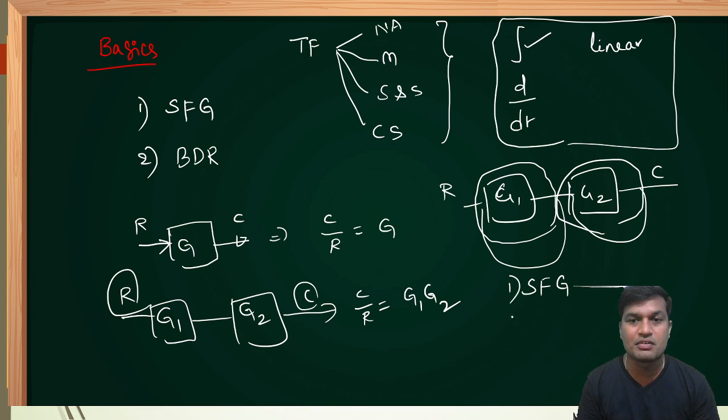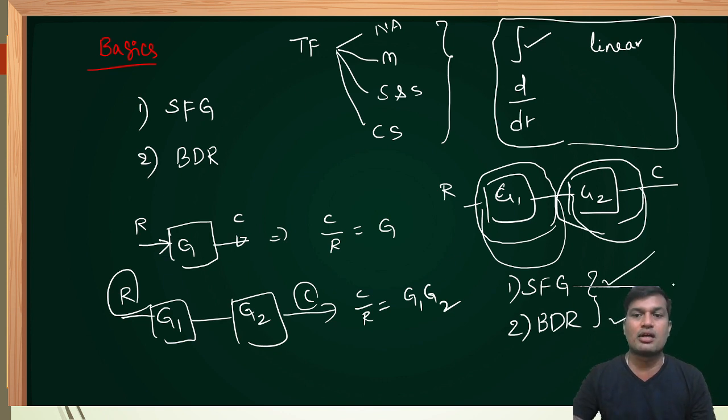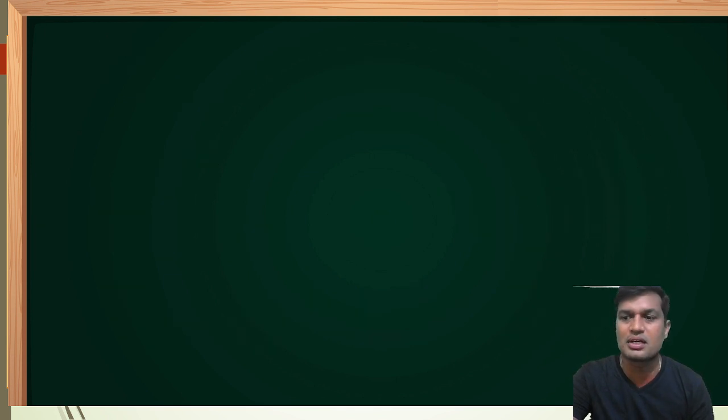One is signal flow graph, another is block diagram reduction technique. Simply what I can tell you finally is, whenever a complex diagram or complex circuit is given, if you convert that complex circuit into signal flow graph or else block diagram, we need to interrelate between all the blocks in order to determine overall transfer function between given input and given output. At that time, in order to reduce mathematics to calculate transfer function between output and input, we are using two techniques to get the transfer function. One is signal flow graph, other is block diagram reduction techniques. First, we will understand signal flow graph. Second, we will understand block diagram reduction technique.